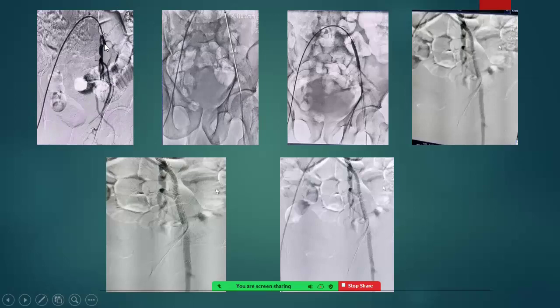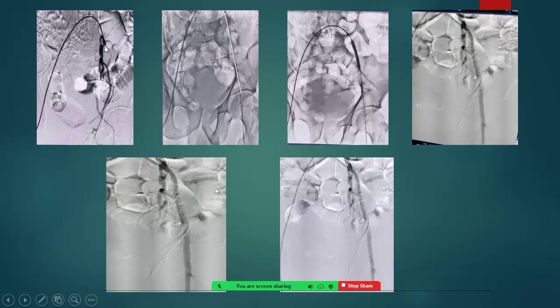We are able to see when the guide wire is coming to the patent part of the external iliac artery, whether it is going to true lumen or not. So this is very important, to take both approaches. This right approach can tell you when you are coming to a true lumen, so you are not coming directly into the aorta or directly into the common iliac artery.